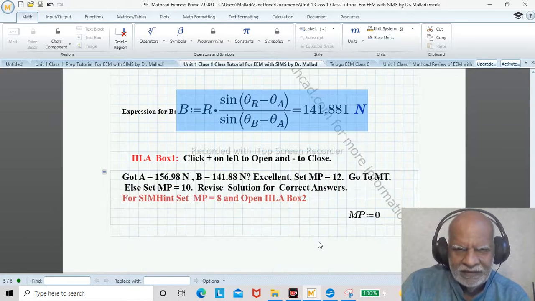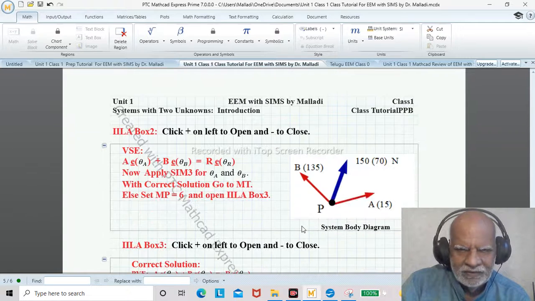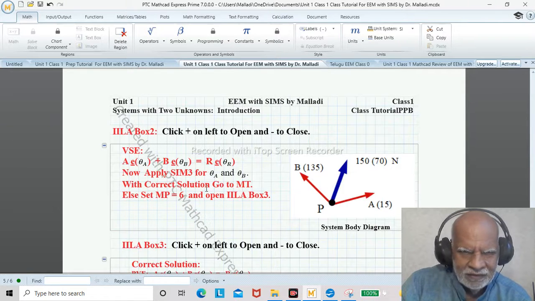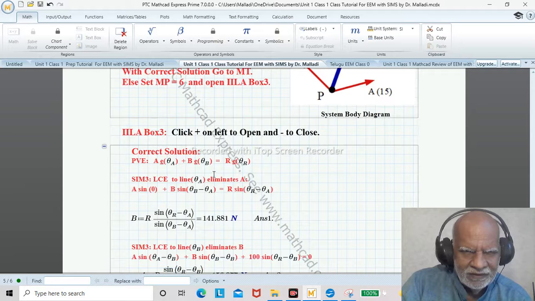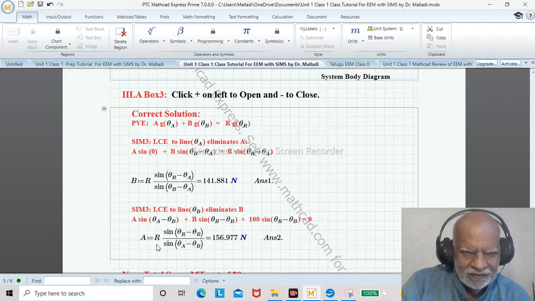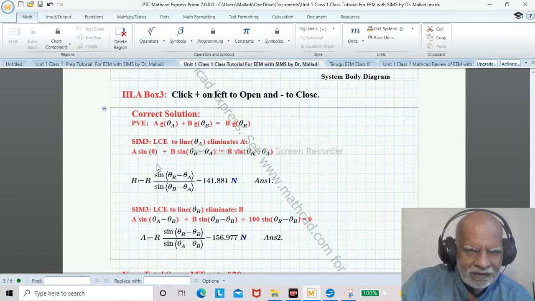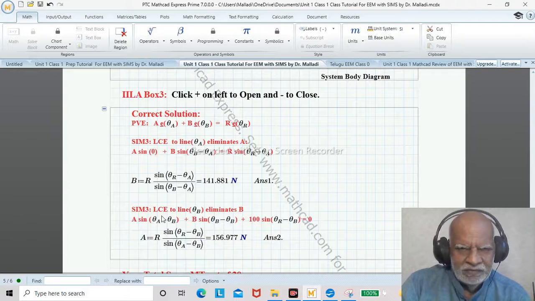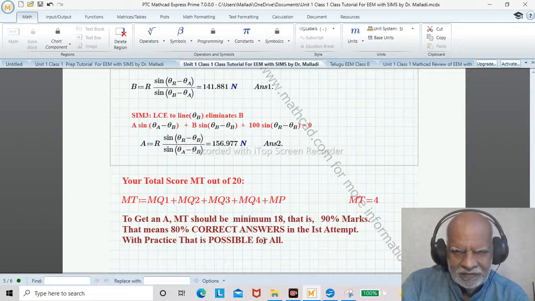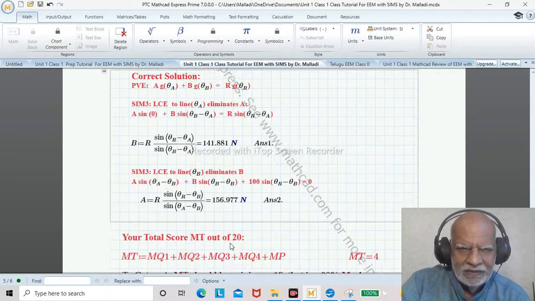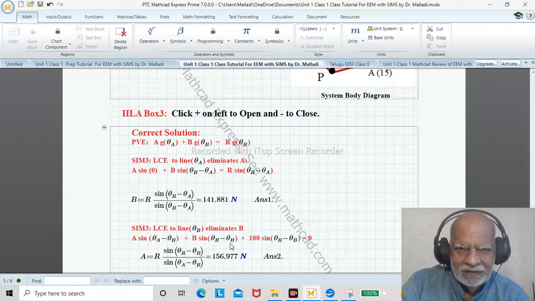But if I don't get it, you see, it is explaining the thing, and this is A, this is R sub C. So I have this, with the correct solution and so on. Then again I'm explaining the same thing here. So this is C141, that is B, and this is A. I can change the order here, but you can use any order that you want. And then with this mt is equal to 4. Why? Because you got, see here,